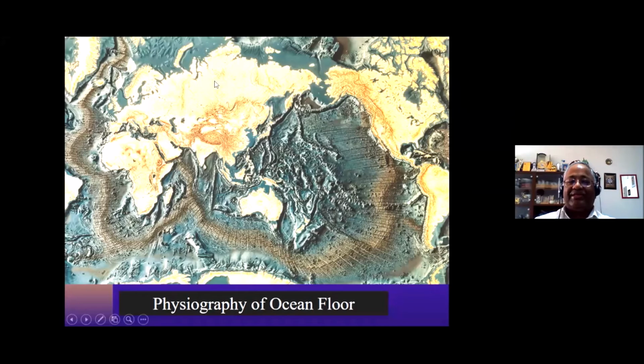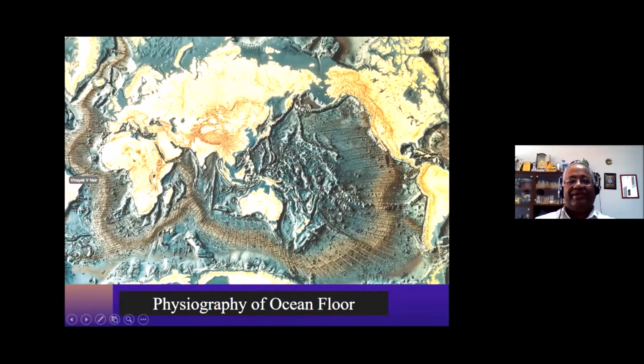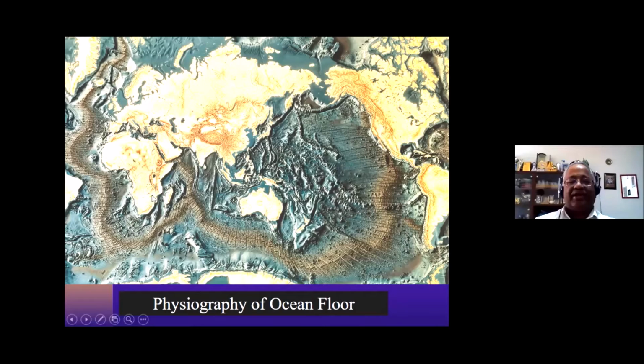The green color indicates the Earth's solid surface, the land area. This indicates the ocean area. This is the Pacific Ocean. What ocean is this one? In between Europe and America, this is the North Atlantic Ocean. This one, in between Africa and South America, is the South Atlantic Ocean.